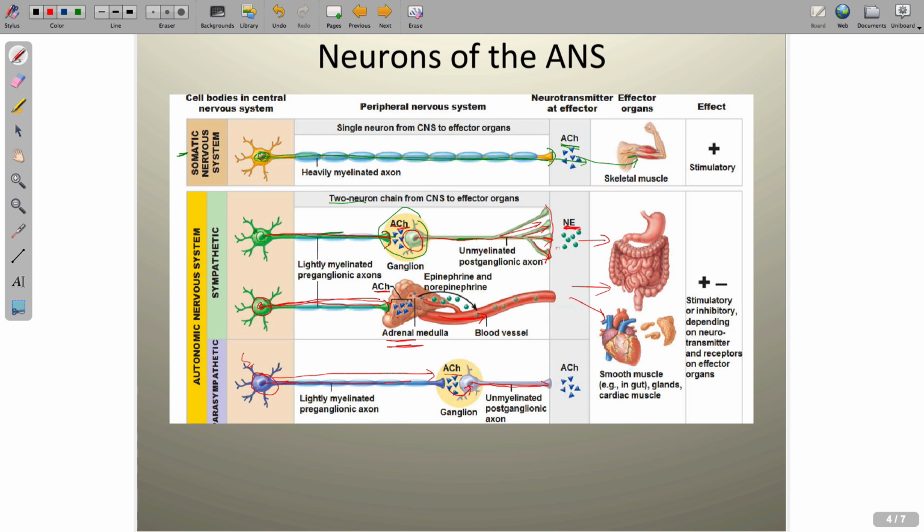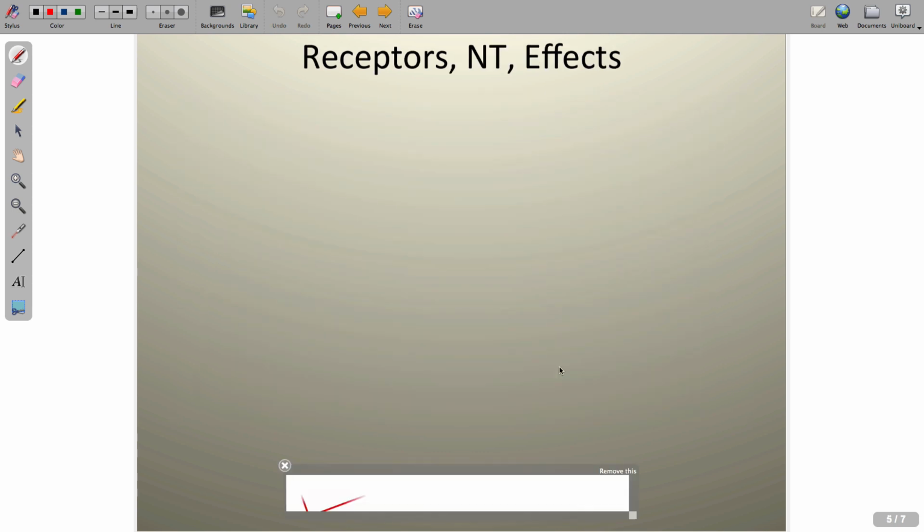That electrical impulse is propagated once again down the postganglionic axon, and once it reaches the synaptic area, it's converted from an electrical signal back to a chemical messenger system. In this case, the postganglionic neurotransmitter of the parasympathetic nervous system is acetylcholine. All right, so acetylcholine then goes to the effector organ, and it causes a change to take place. All right, so that's a lot of information, and I appreciate that. Let's see if we can